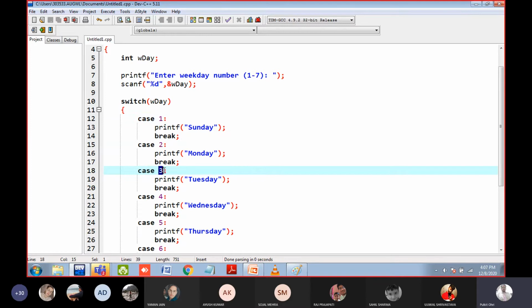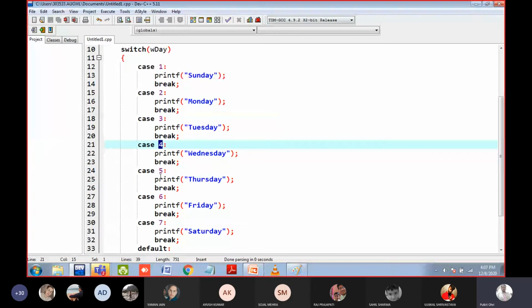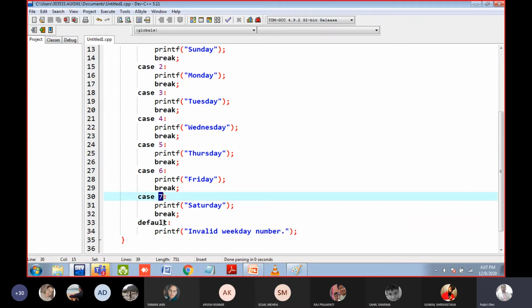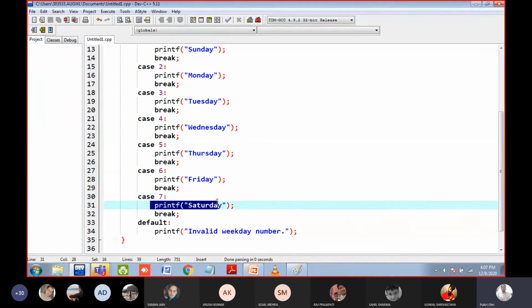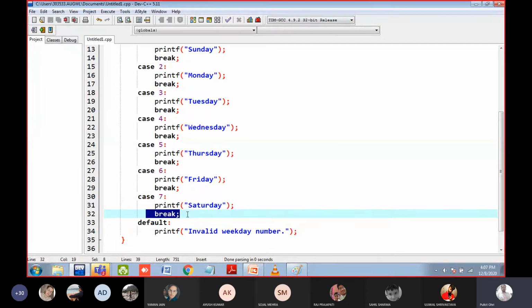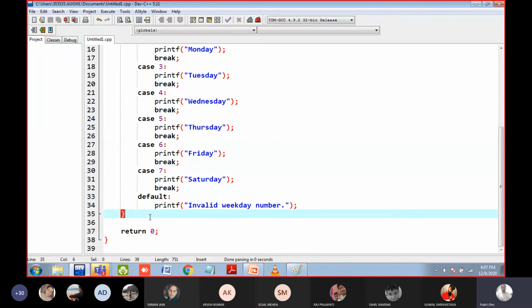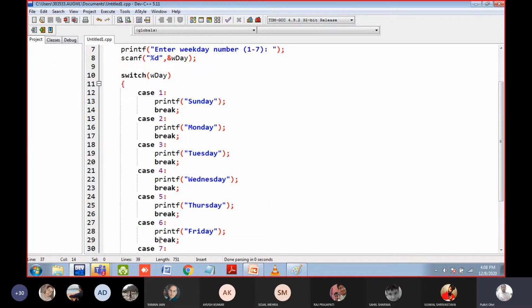Compare 2 with 7, no. 3 with 7, no. 4 with 7, no. 5 with 7, no. 6 with 7, no. 7 with 7, both are same. It means go inside the case statement, print the value Saturday and break. Break means you will not execute anything below it. Okay. Break means go outside the switch statement, means go to line number 36 and there is nothing else. So that's the end of the code.